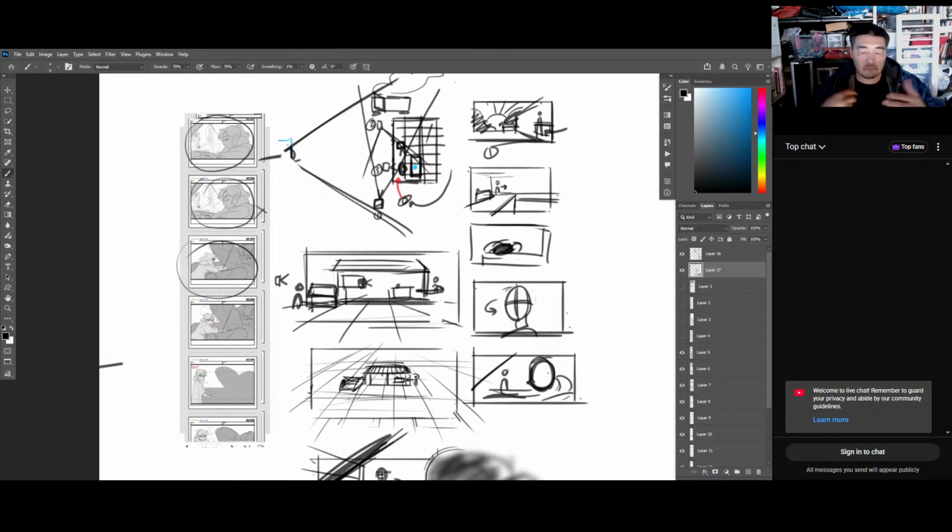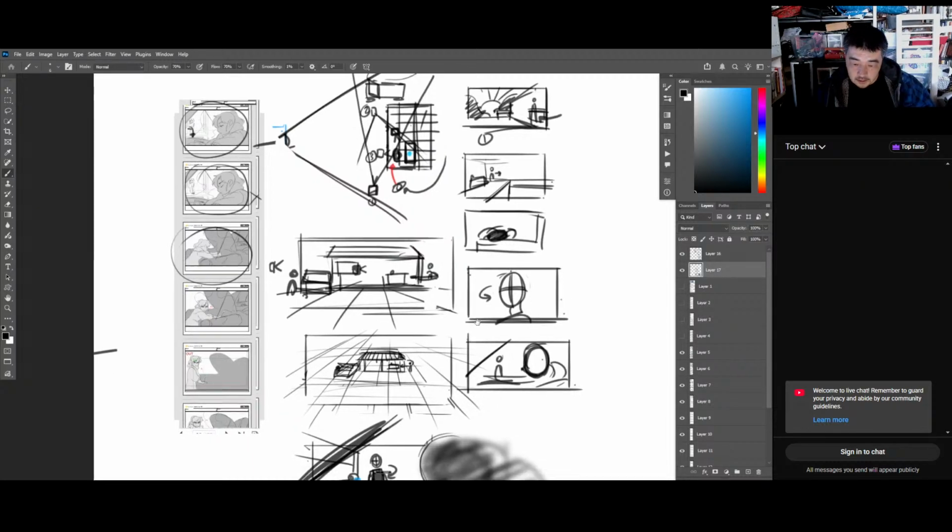Is he calling her? Is he saying, "Hey, I need to talk to you"? Or maybe he's clumsy and he drinks something, and maybe he drops the thing that's on the shelf, and that catches her attention. But have it motivate. You need to have a reason to cut to another camera, or just keep the camera there and don't move it.